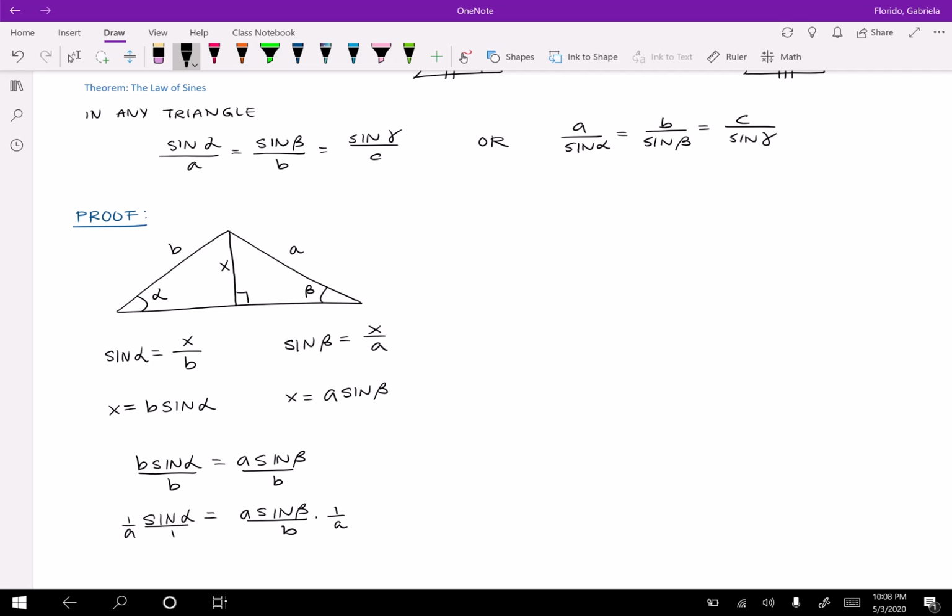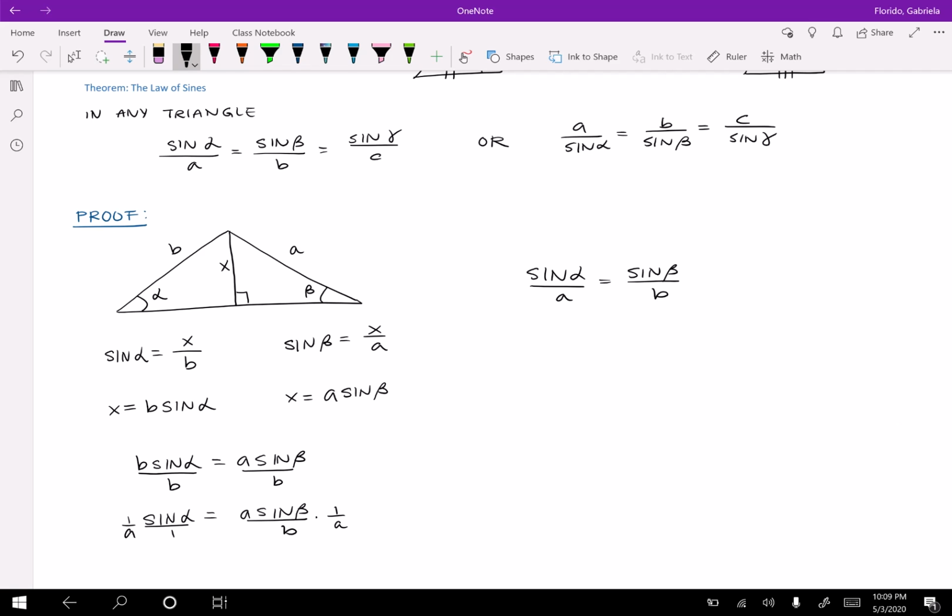And so I get sine of alpha over little a is equal to sine of beta over little b. And we've proven part of the law of sines. And of course, you're not going to be using all three of these ratios. You are either going to use the first two, or the last two, or the first one and the last one. It's not always going to be the three of them equal to each other. So you're either going to use, again, the first two, the last two, or the first and the last one